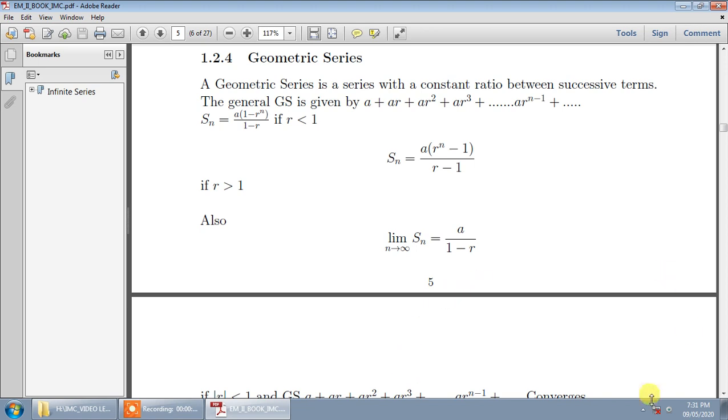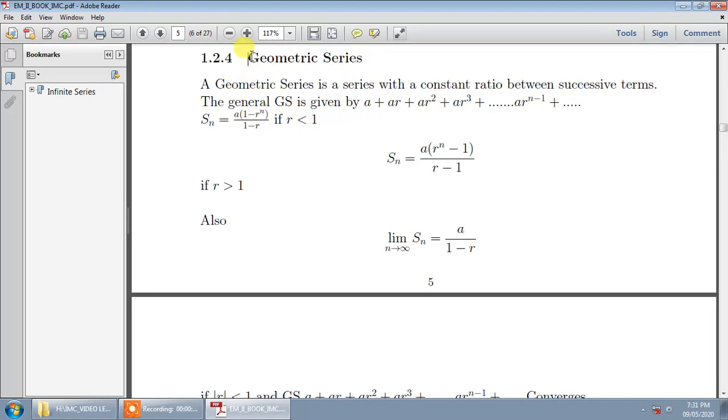Going to the problems, let us once again revise the concepts of geometric series, then P series, then even let us have a revision on the tests. We have three tests: the first test is the comparison test, CT; the second is D'Alembert's ratio test, DRT; and the third is the Cauchy root test, CRT. After that we are going to see the problems pertaining to these tests and even the series.